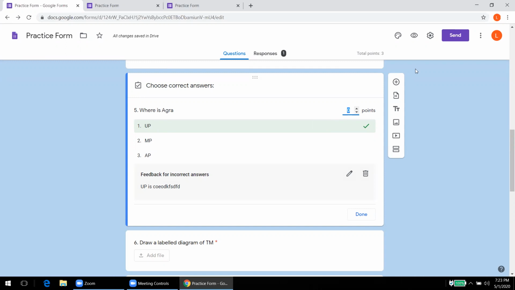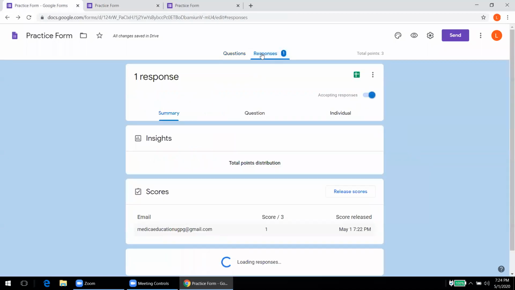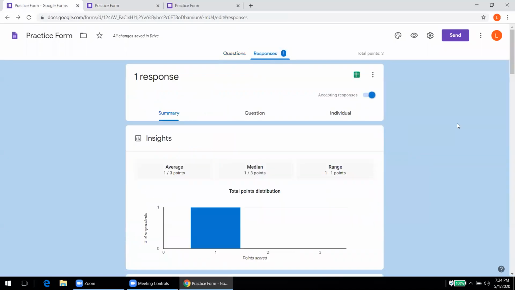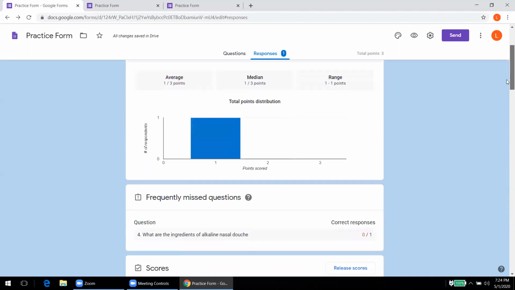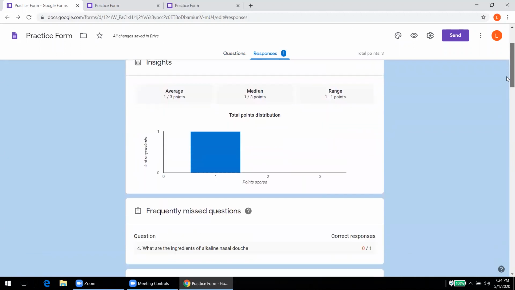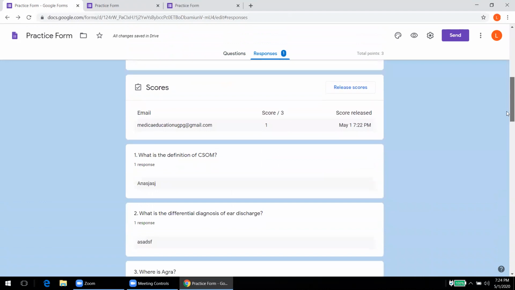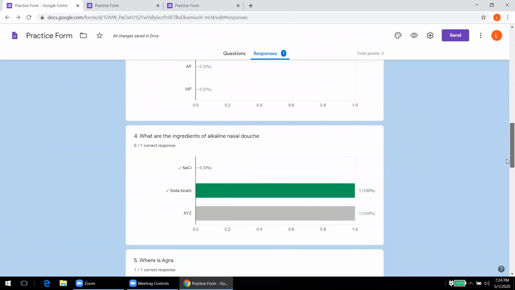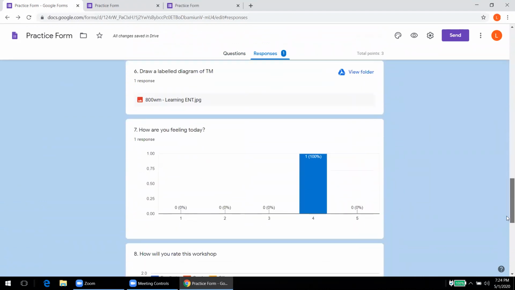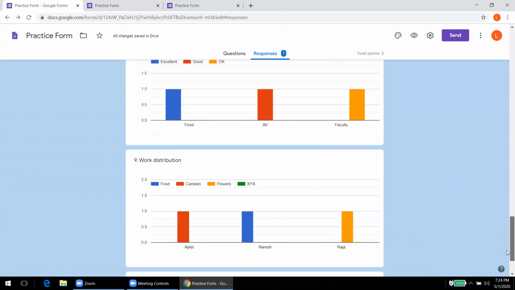Now how we can send this form to students. So see, I had submitted this form. Here we can see that there is one response. When I open this response, automatically it will summarize all the responses. Whatever correct answers are there, automatically graphs will be built, so it can be used for our analysis and research purpose also.